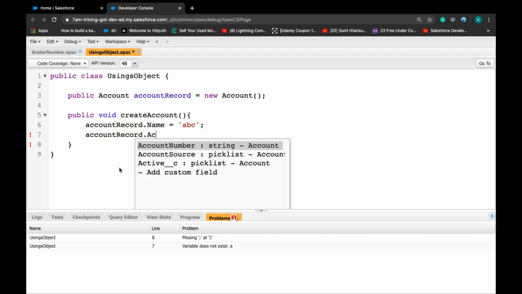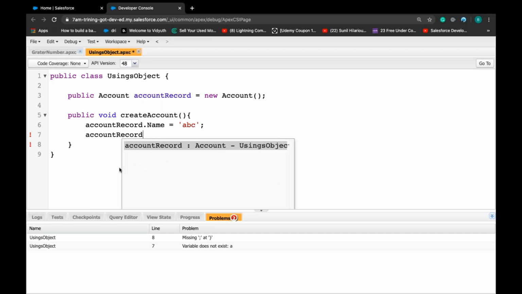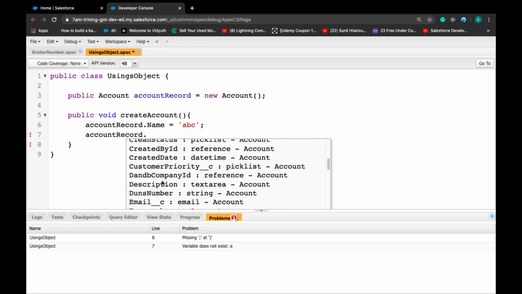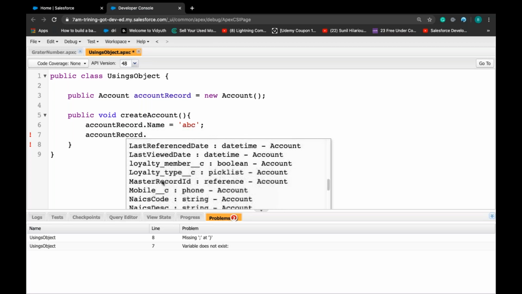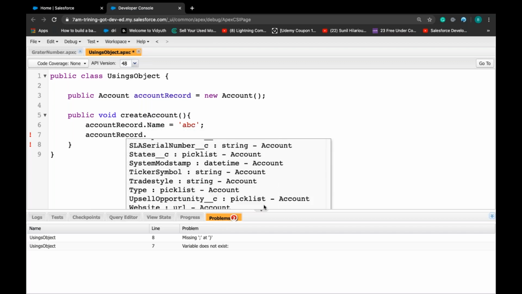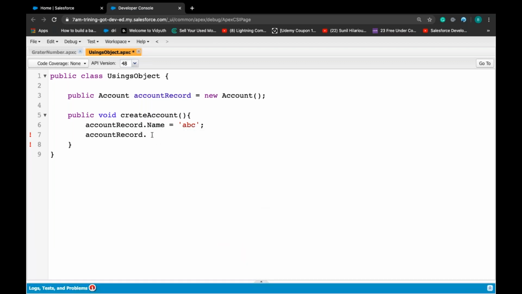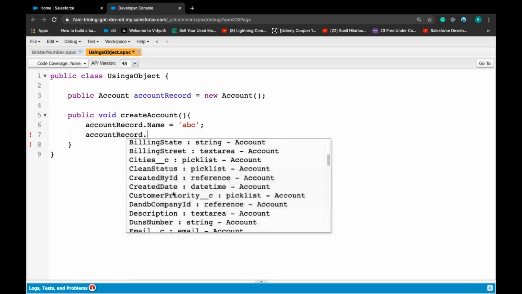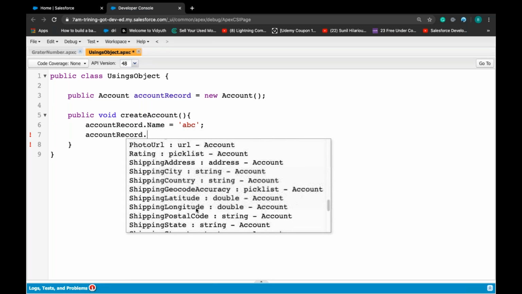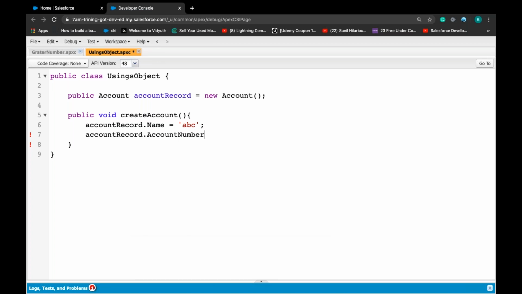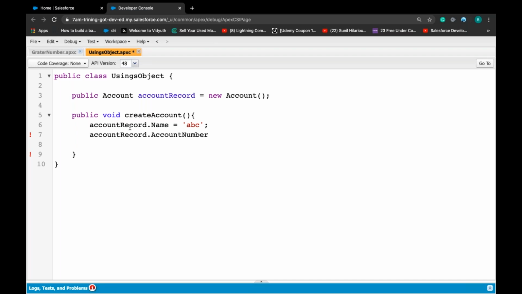Account dot, you can see here, once I press dot, you see all the fields in the account. Not only for account, if you refer to any object, you see the fields in that object. Account dot accountNumber, then